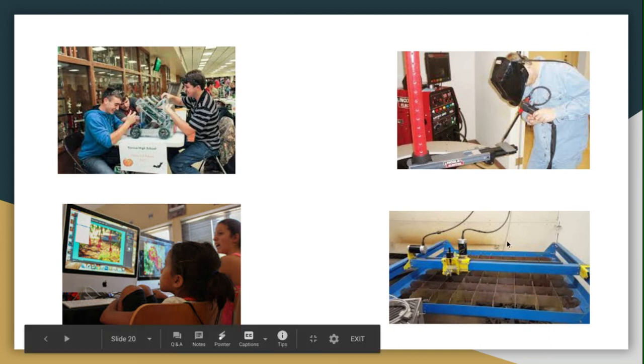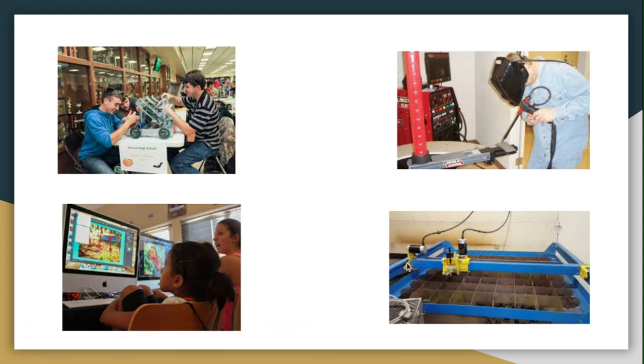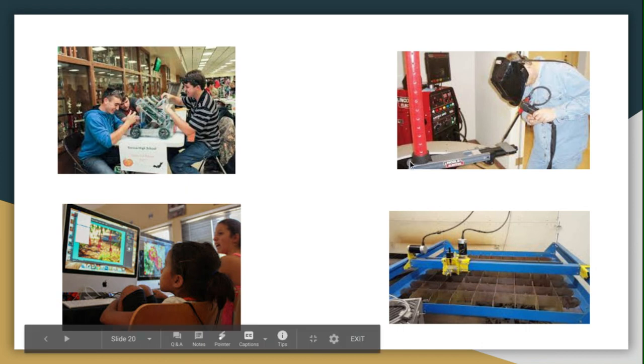And this is an AutoCAD. This is the most widely underused piece of equipment in every shop, but with basic education and the teachers knowing how to program them, this could be a really great asset to be used in a lot of the classrooms around